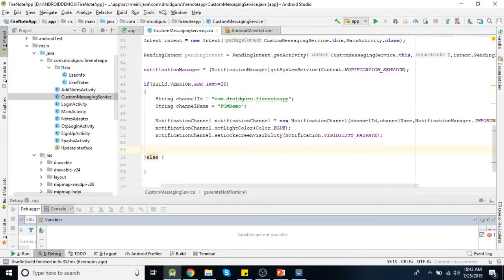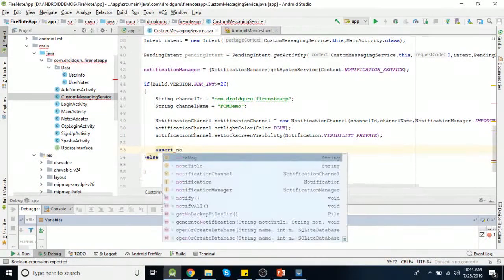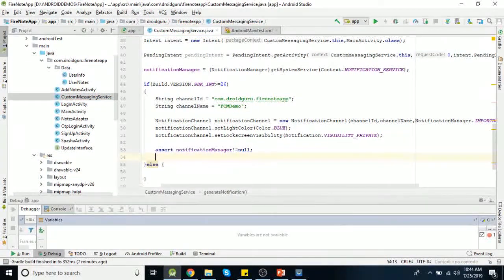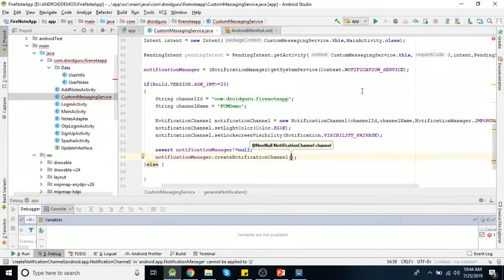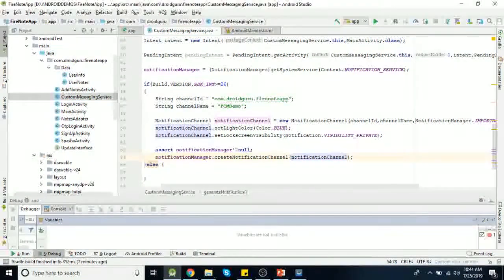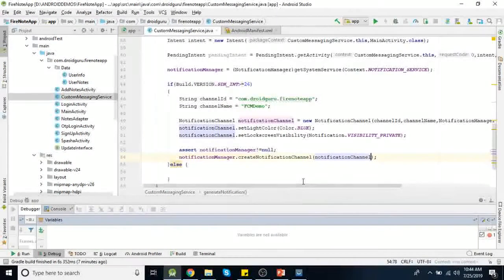Now you need to check if that notification manager is not equal to null, then you need to create that channel. So notification manager dot create notification channel, and you need to pass this object here. So for SDK versions greater than or equal to 26, we are done with this notification channel logic.